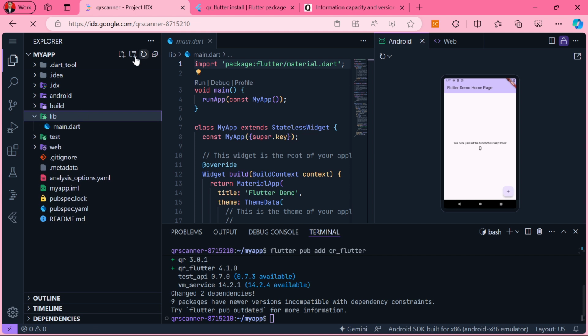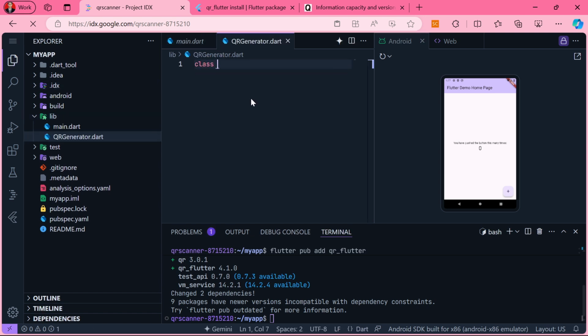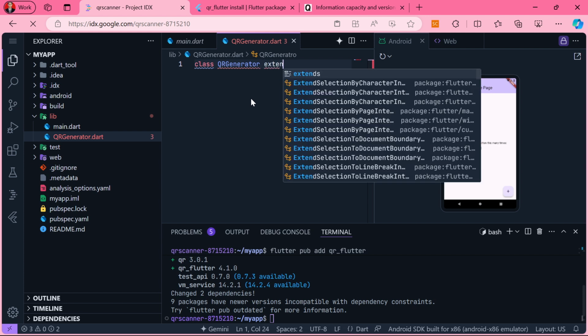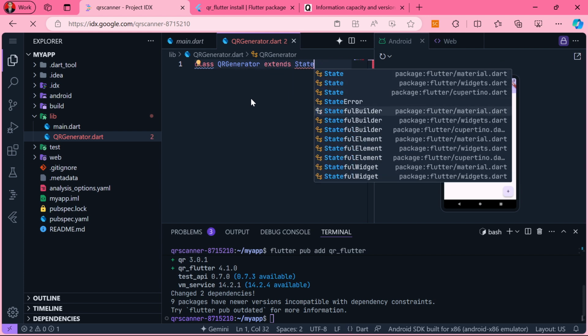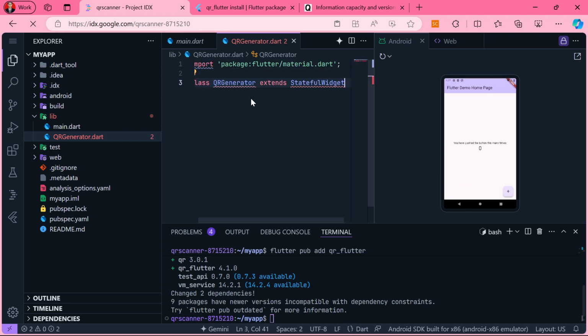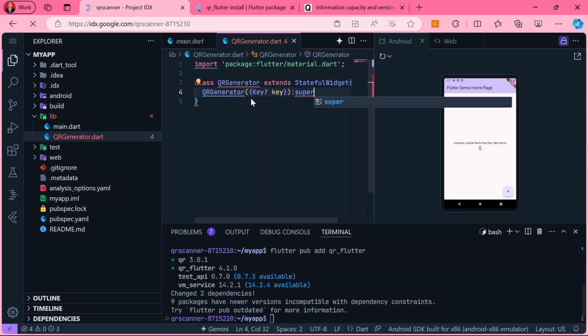And let's make a new screen. It's called qr_generator, maybe, dot dart. Now let's create class QRGenerator that extends StatelessWidget. Let's just use StatefulWidget for now. QRGenerator, super key,